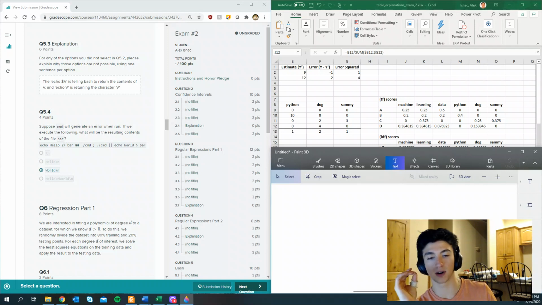It prevents the dot slash command from running until echo hello 2 executes properly. However, because the dot command fails, bash stops trying to execute the two commands. On the other hand, the double bar, the short circuit OR operator, executes a command only if the previous command failed. So because the dot slash command generates an error, the second command, echo world